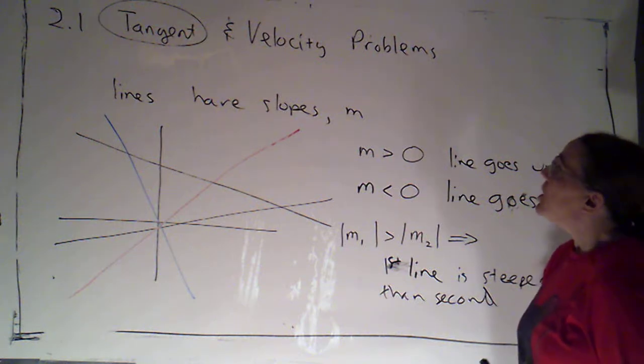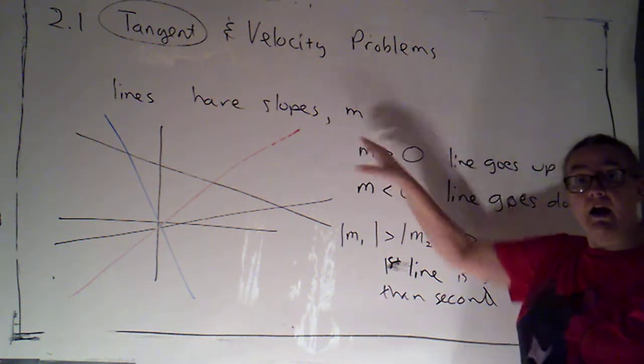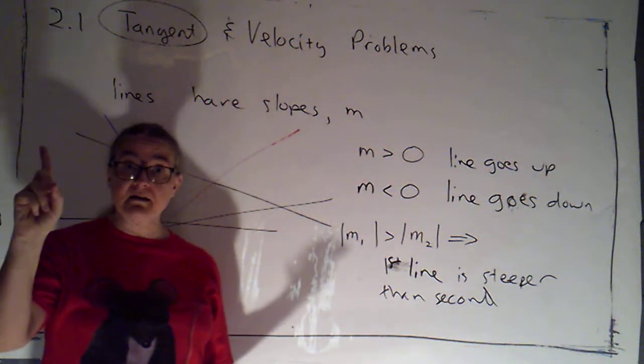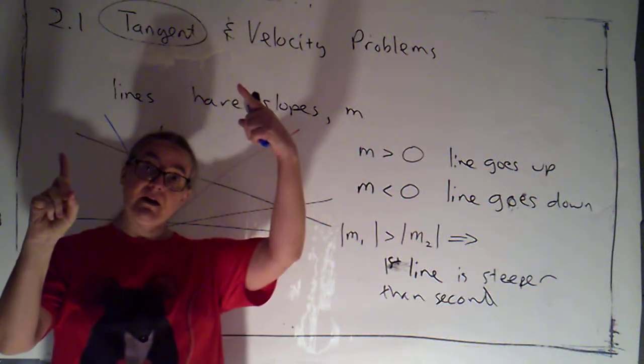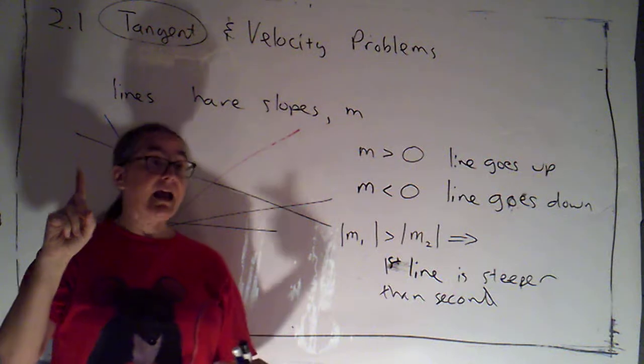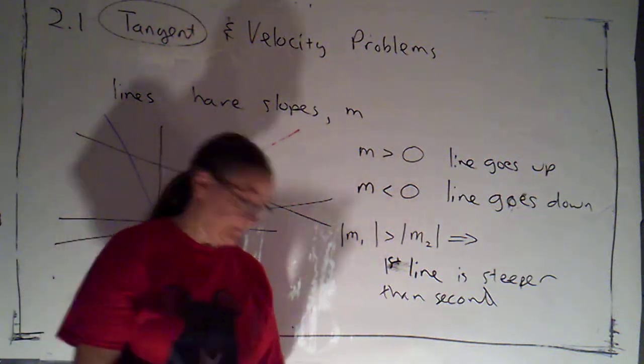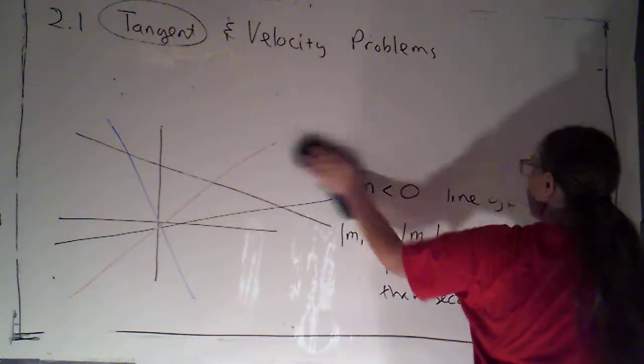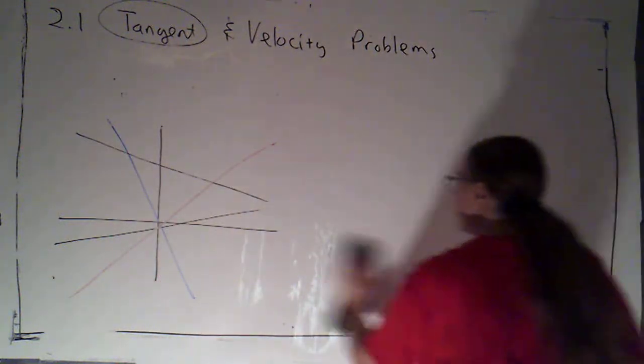Okay, so the slope of a line gives me some information about these two things. What is the line doing? Is it going up or down? And how steep is it? Now, if I don't have a line, if I just have a curve,